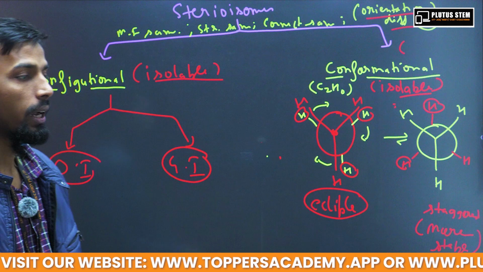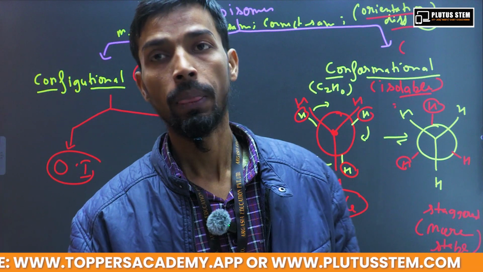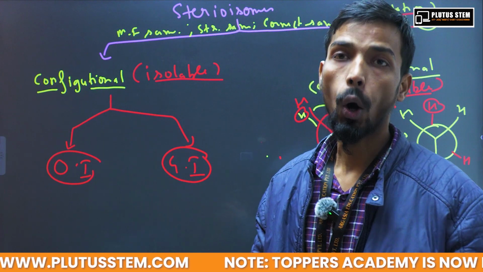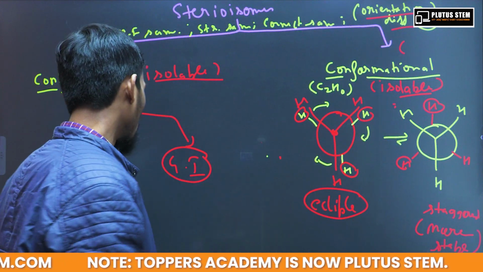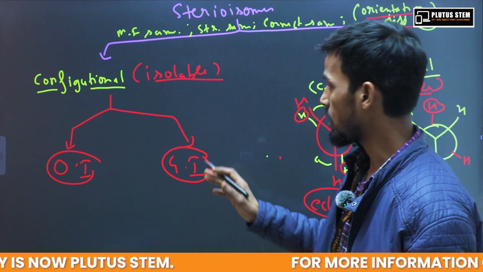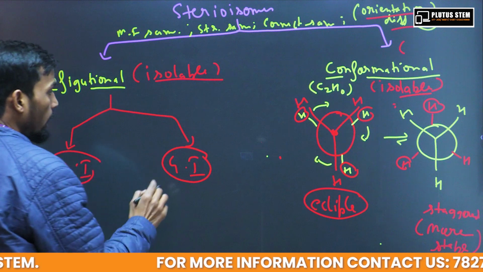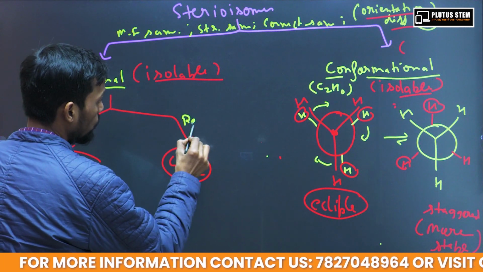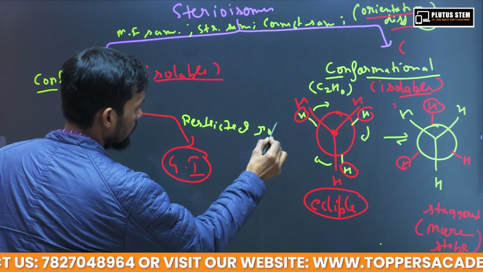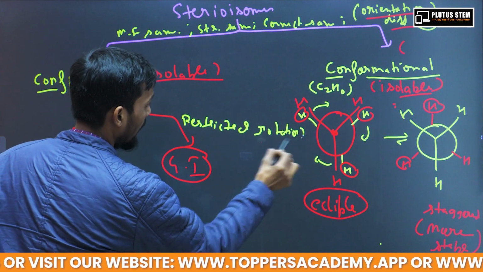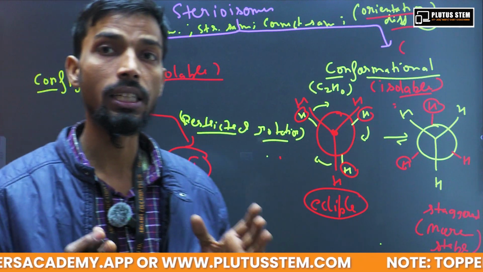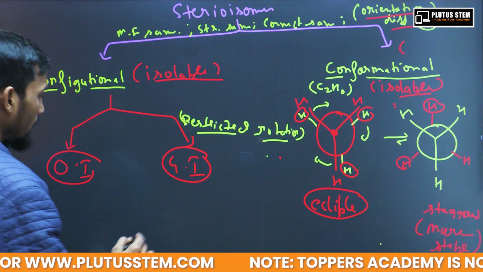Geometrical isomers and optical isomers. So two major classes of these are geometrical isomers and optical isomers. The main thing about the difference between these two is this: geometrical isomers arise due to restricted rotation, and generally the restricted rotation is shown in the double bond